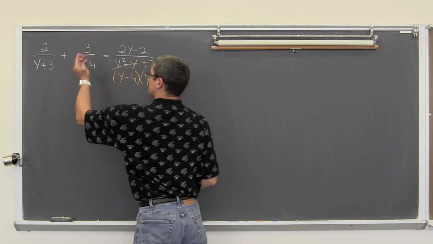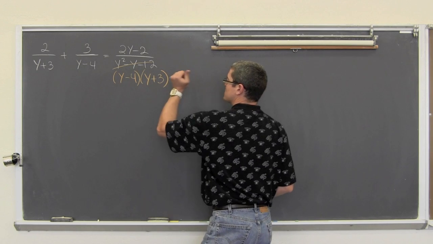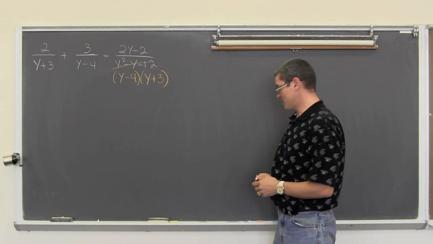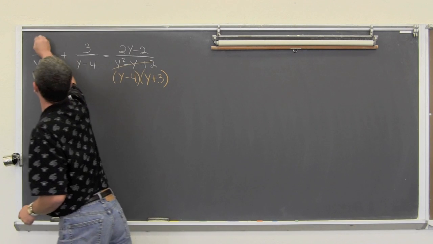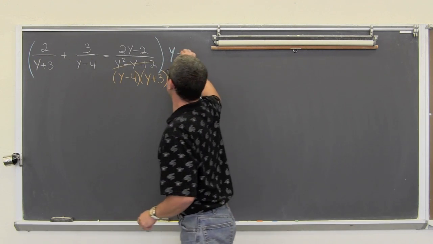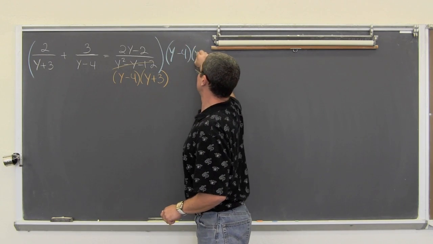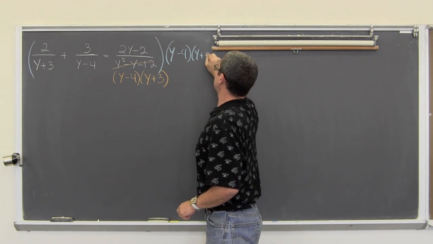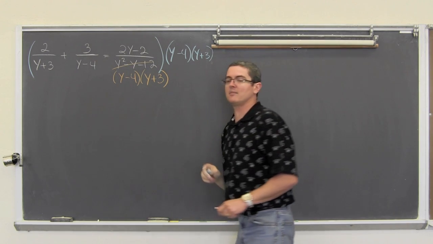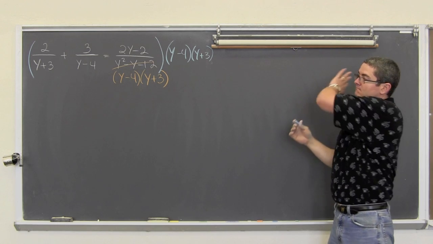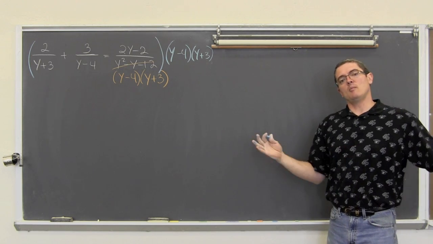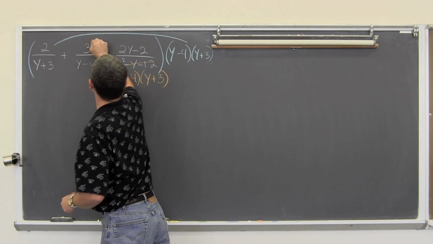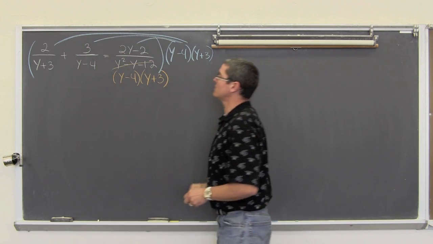So now if I go through all my denominators, my rational expressions, my fractions: y plus 3, y minus 4, y minus 4, y plus 3. If I multiply by the LCD, which is going to be y minus 4 times y plus 3, basically just take all those factors and multiply them together, and put that through the entire equation, all my fractions go away. So, off to the first term, the second term, and finally the third term.